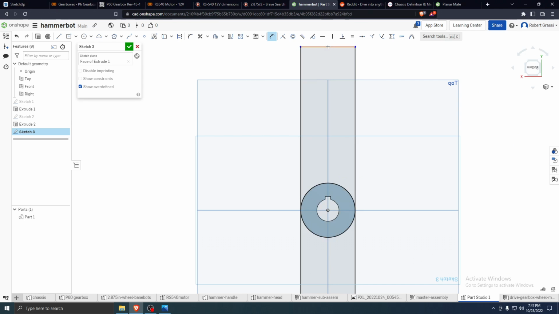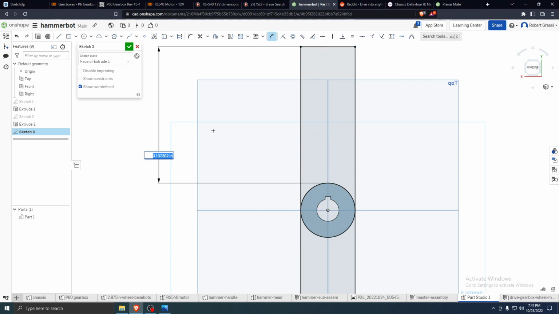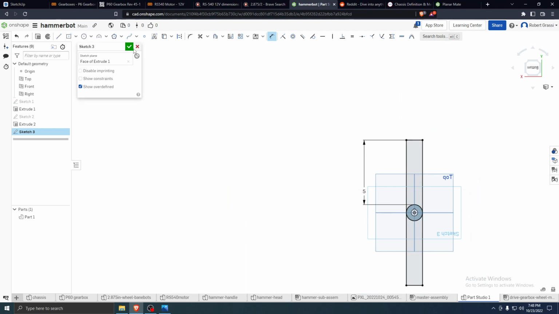So this will be useful because now I can make a surface that will follow this exactly. And I think that if we have a solid, how long should this be? If we go from here down to here. Yeah, I think 3 inches of arm to grab onto the hammer is reasonable. Could make it longer, I guess, but let's make it 5, just to be safe here. Okay,